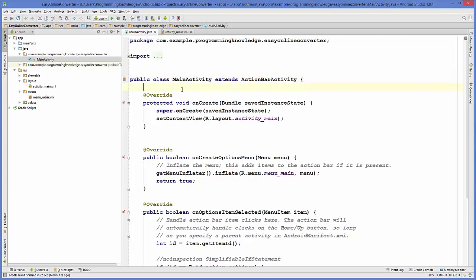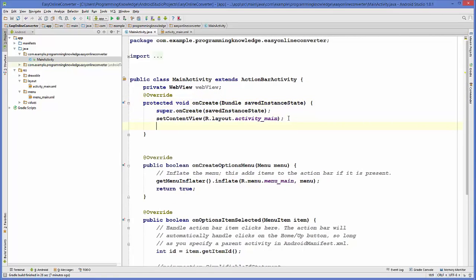Now the next step is to go to your Java folder here and open your MainActivity.java, and in here first of all we are going to declare a web view variable. So just write private WebView, search for WebView and give a name to it, for example webView. Okay, and now once you have created your variable, just copy your variable and go to your onCreate method here, and just paste your web view,